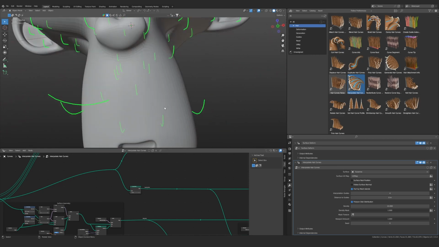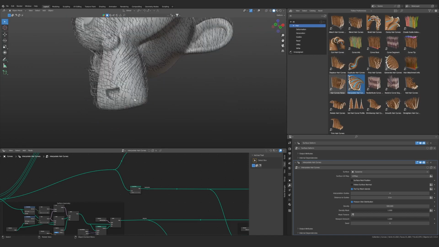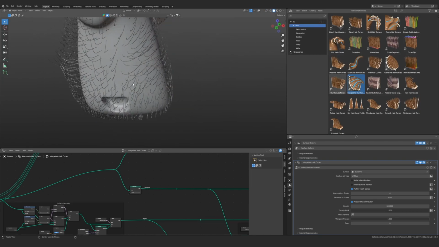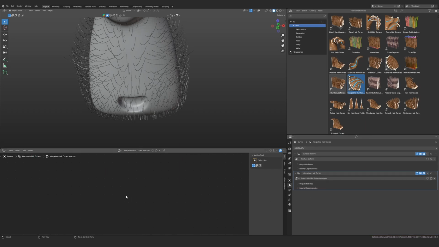We don't want that. We don't want the hairs to be everywhere. So let's actually increase the density first. So the density is at 500, and as you can see how the hairs are looking. Okay, now that you have this, the way you're gonna do it is pretty simple. First thing first, you need to put it into the nodes. So move to nodes is the first step,